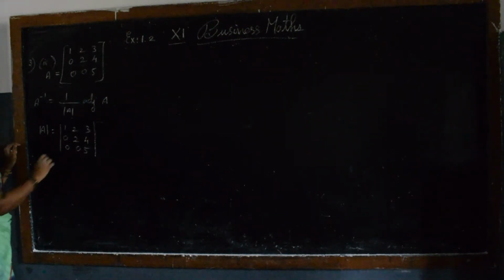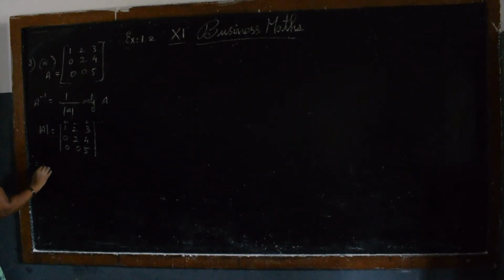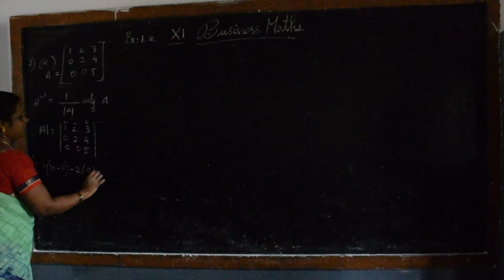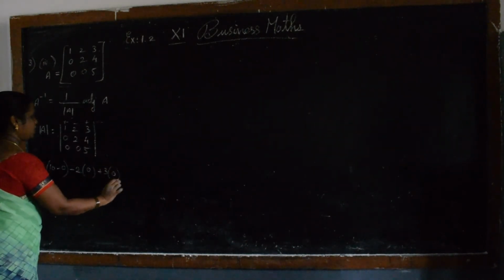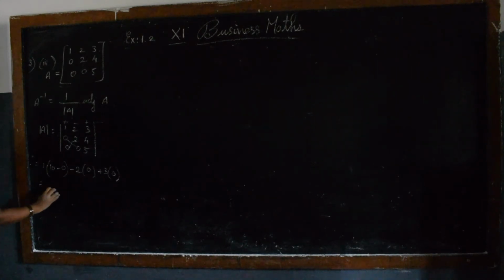This is 3 by 3. I am going to take the first row. What is the sign? Plus minus plus. So now see here: 1 into cross multiply, 5 2s are 10, minus 0, minus 2 into here also 0, plus 3 into 0 cross multiply, 0 minus 0 is 0 only. So 10. What is the value of the determinant A? I got the value as 10. Next find adjoint of A.